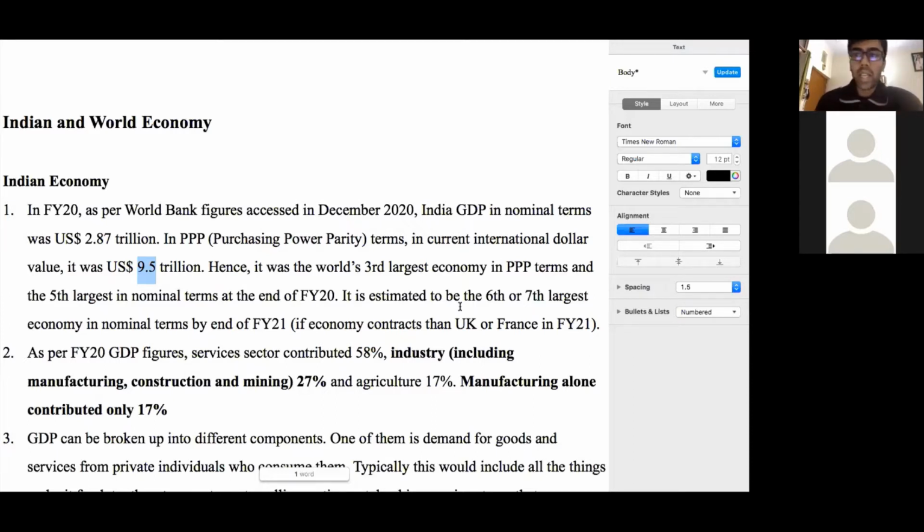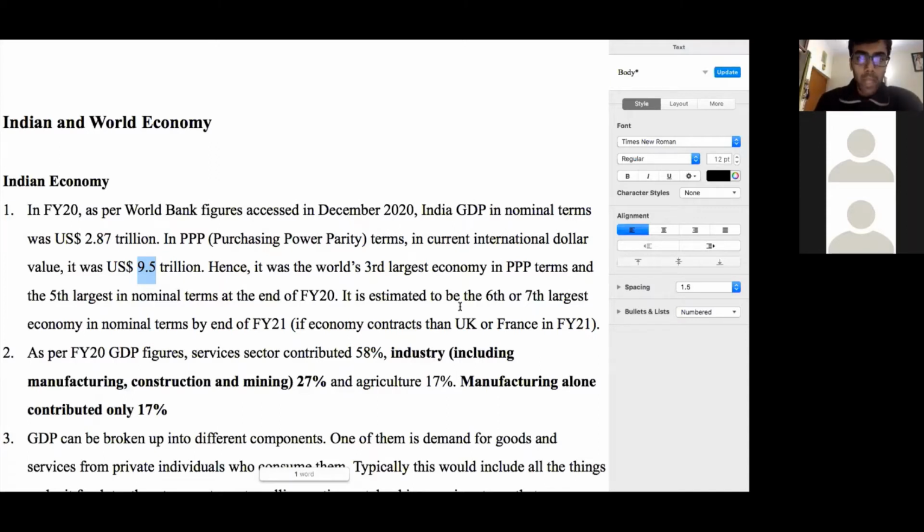Again, all this data has been picked up from the World Bank. And as I told you, as the exchange rate shifts, for example, if 6 months or 1 year down the line, the exchange rate of the US dollar versus the Indian rupee was to come back to 65 instead of 73 right now, again, these figures are going to change. But we just have to remember whatever were the latest average figures, like the average for the last 6 months or the average figure for the last financial year. That's what we are concerned with here.